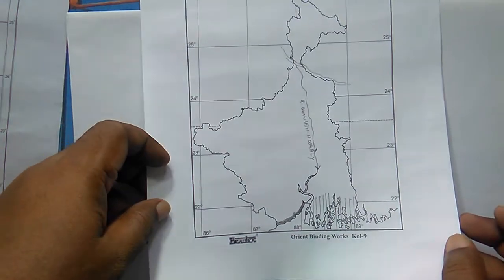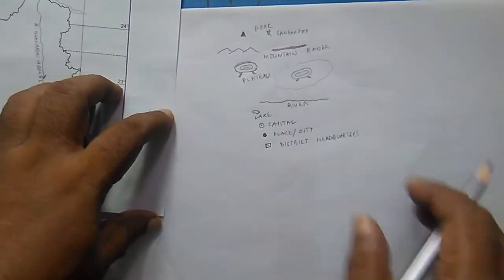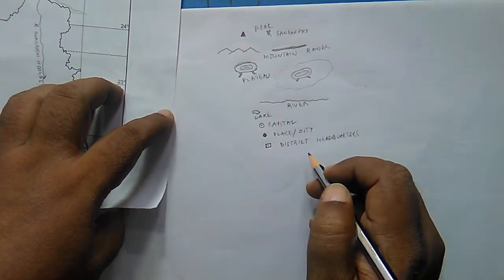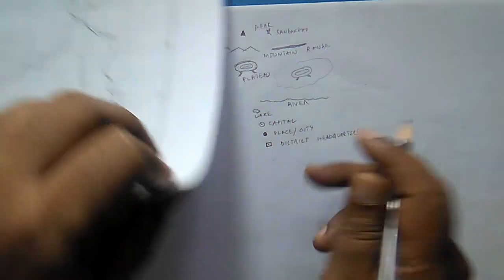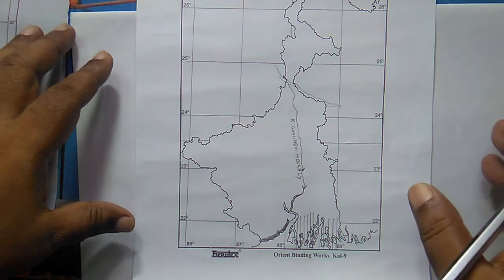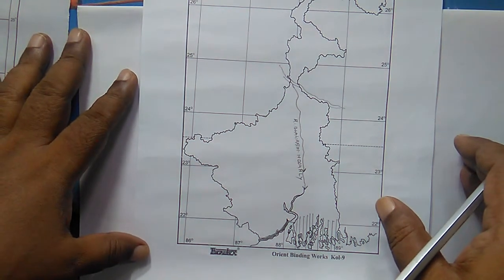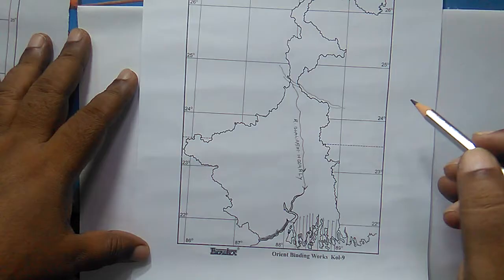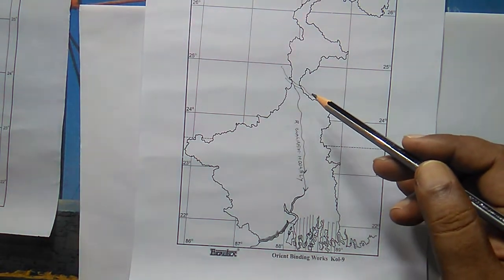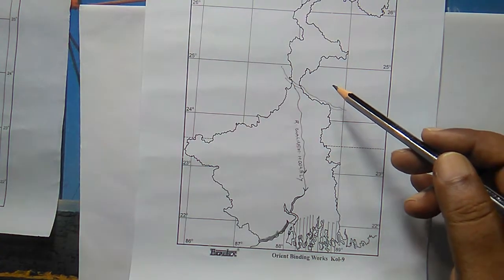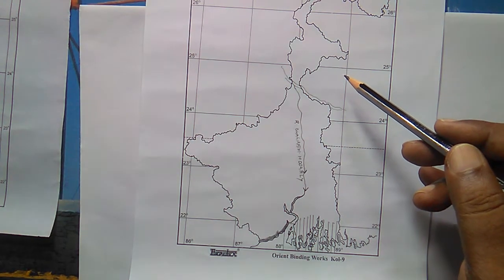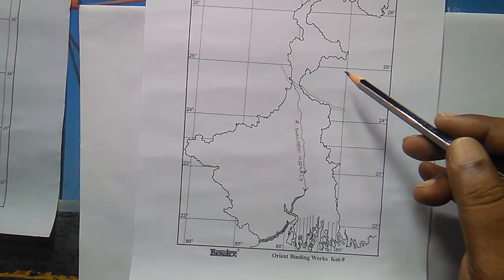Okay, apart from that, you may be asked to show certain red soil region, it can be laterite soil region. We normally mark out the area. जो area में जिस तरह का soil पाया जाता है, उसको हम लोग सिर्फ mark out कर देते हैं. Like western part of the state, there you would find the presence of alluvial soil. In most part of the state, obviously you will be finding alluvial soil only, but there are also other types of soils that are found in the area of West Bengal.